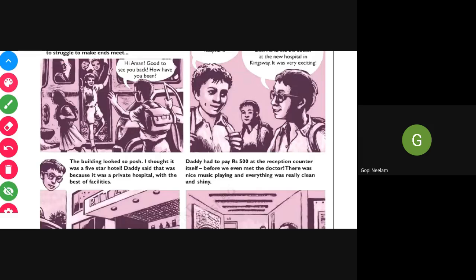They were playing music, and the nurse who came to collect the sample of his blood was talking very funnily with him. He did not feel that they were giving him injections or taking blood from him, because the atmosphere and environment of that hospital looked so friendly. He did not feel that he was in a hospital. He enjoyed it.